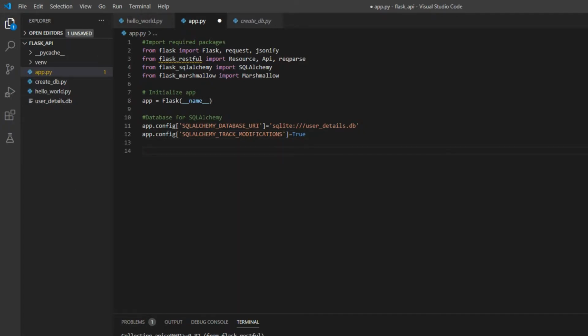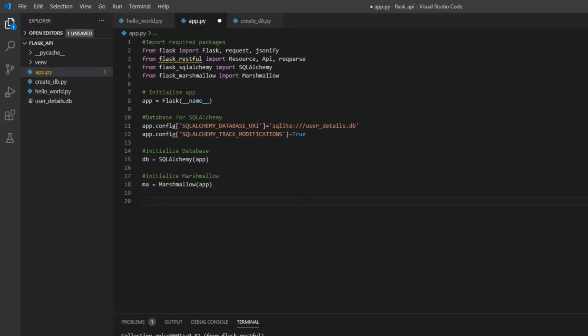Then we initialize our database with SQLAlchemy of app, meaning we are initializing SQLAlchemy with the app. Next, we initialize Marshmallow: ma equal to Marshmallow of the same app. So this is our initializing part.